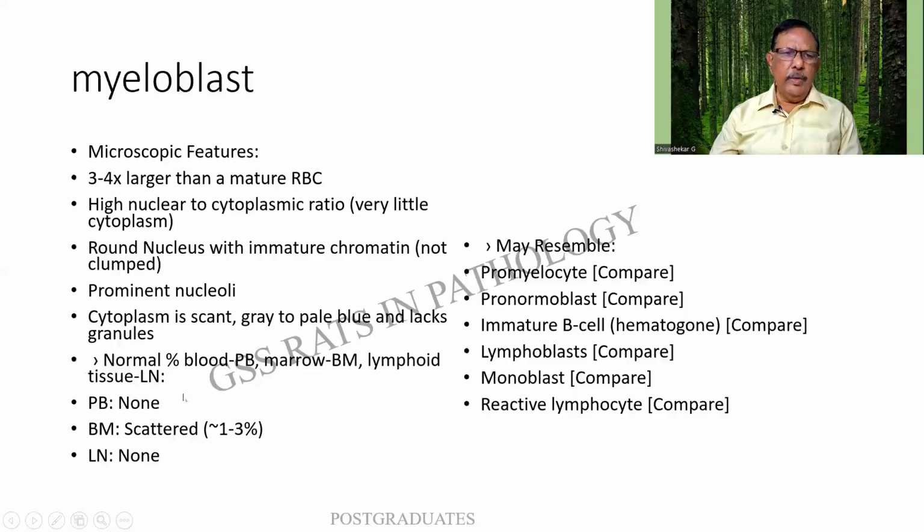The normal percentage in the peripheral blood, the bone marrow, and the lymphoid tissue should be known. In the peripheral blood, you do not find any blast normally. Bone marrow, it is scattered about 1 to 3%. And in the lymph node, we do not see the myeloblast. It can resemble other cells such as the promyelocyte, pronormoblast, immature B cell, lymphoblast, monoblast, and the reactive lymphocyte. These are certain things which we should have in mind, and let us see how well we can demarcate them